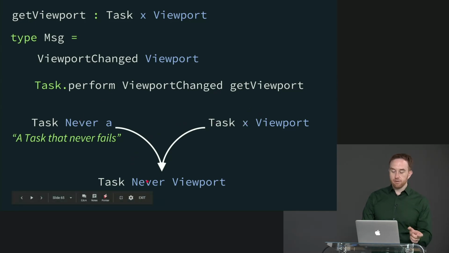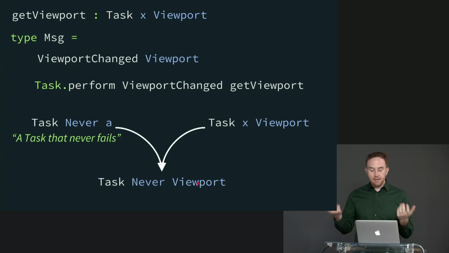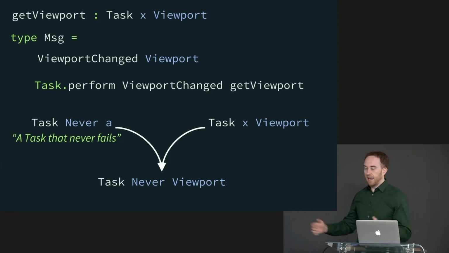That unifies to never, because never is the more constrained of the two. And then for the success type, it's going to unify unbound a with viewport and unify those to the more constrained viewport. So in the end, it says, oh, we got a task never viewport. Fantastic. That works. That does what we want. And so I will compile and then convert it to a command, and everything works out great.